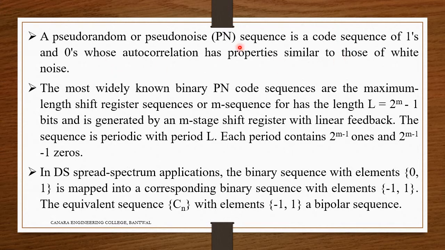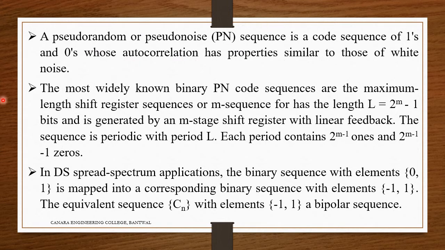So what is this autocorrelation? For example, if we take our sequence and multiply it with the bits delayed by one bit. For example, if you have a 5-bit sequence, it is rotated like that and multiplied. Depending on the stages, it has to be the same. We'll look into this further and get a brief idea about what autocorrelation is.